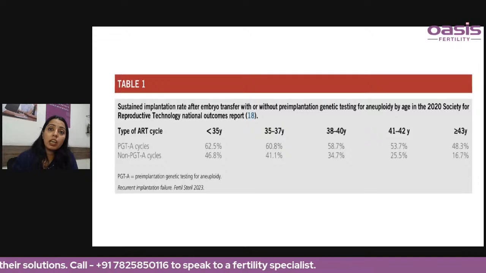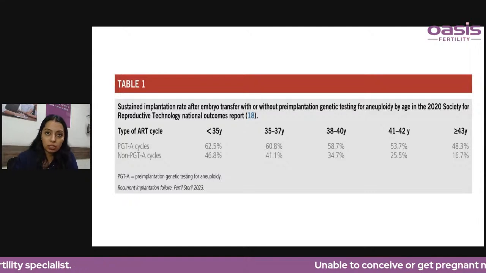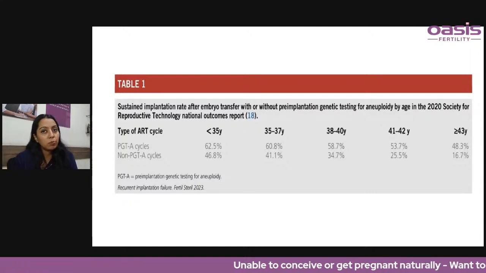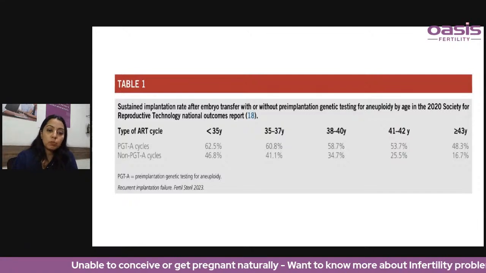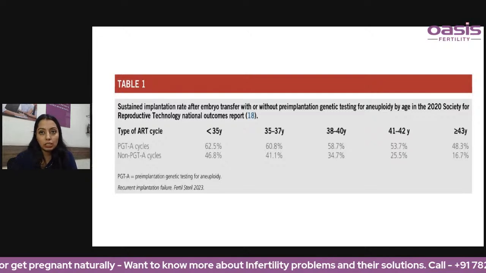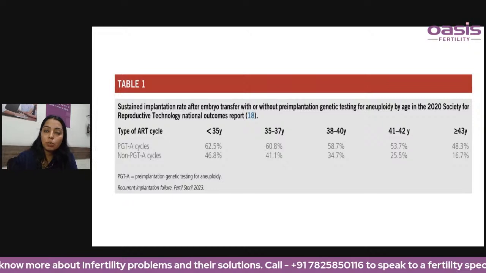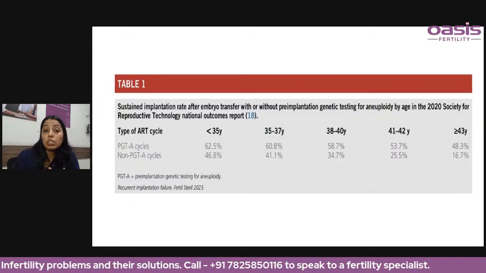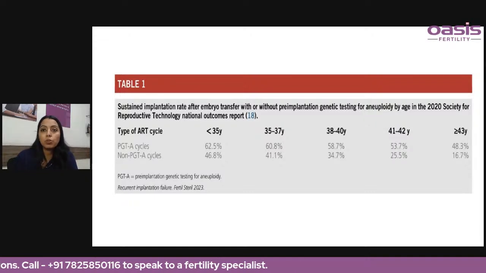So that's the reason I have more confidence in transferring only one embryo for this patient. As we all know, twin pregnancy is high risk. As it is, pregnancy is high risk at more than 35 years. So we want a lady who is more than 40 to have a singleton pregnancy. PGTA not only gives me the confidence of having a genetically normal embryo to transfer, because I'm more confident of the results, I can take the chance of putting only one embryo at a